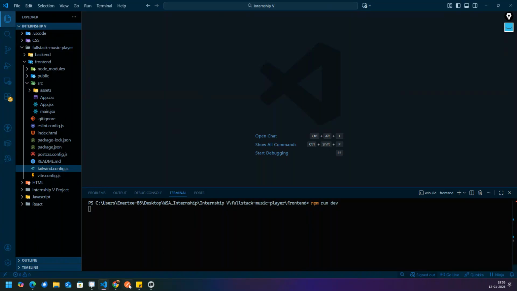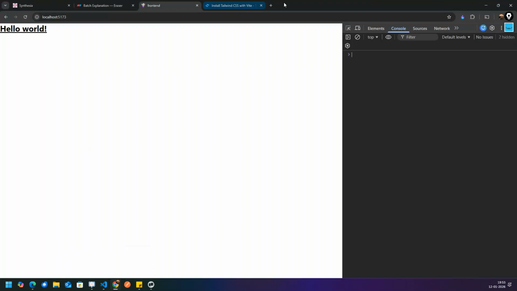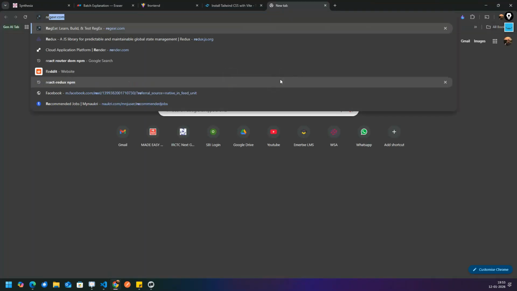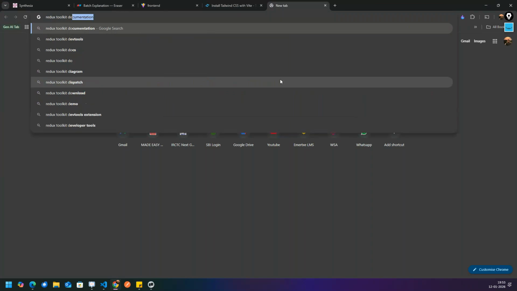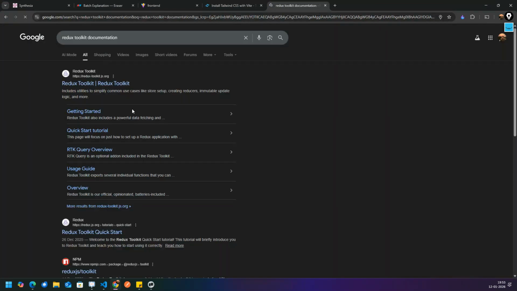That's the beauty of Redux over here. Fine. So I'll open the Redux Toolkit documentation.